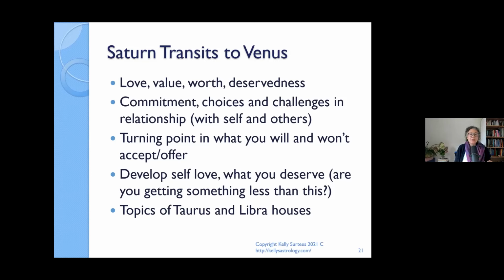And so the key with Saturn to Venus is to almost redefine what relating looks like for you in a way that you now have some capacity around, at whatever your current age and stage of life might be. So that the way you would have worked with a Saturn Venus transit in your 20s is 1,000 times different than you will work with it in your 50s or in your 70s, because the lived experience from one Saturn Venus transit to the other gives you something that you draw on as you make your new choices in your